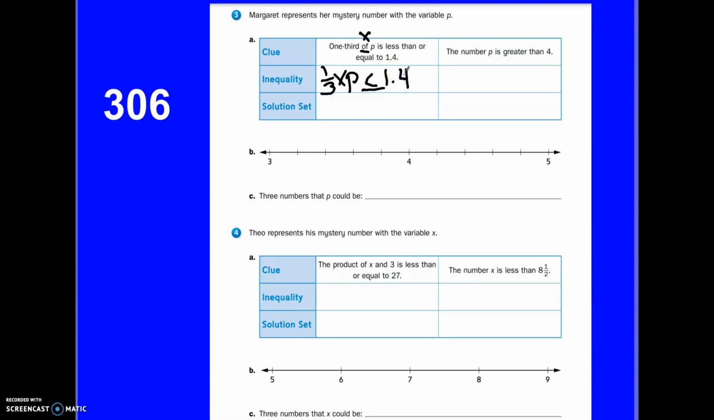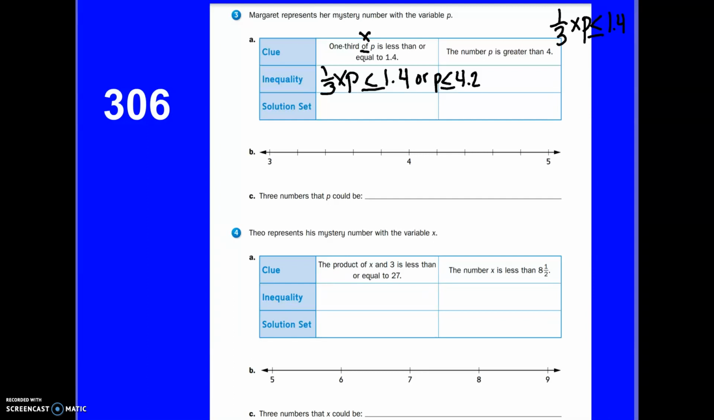Okay, so another way I can write this is p is less than or equal to 4.2. Okay, so how did I get less than or equal to 4.2? So I took 1/3 of p, so 1/3 times p is less than or equal to 1.4, and I had